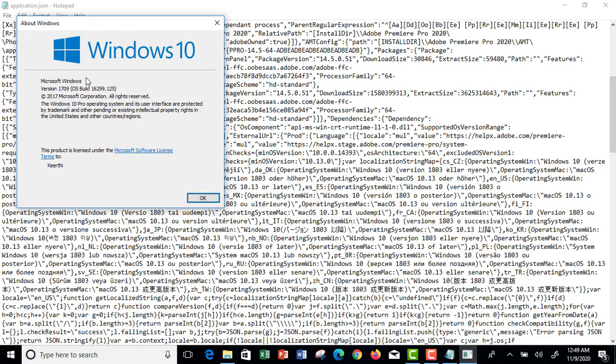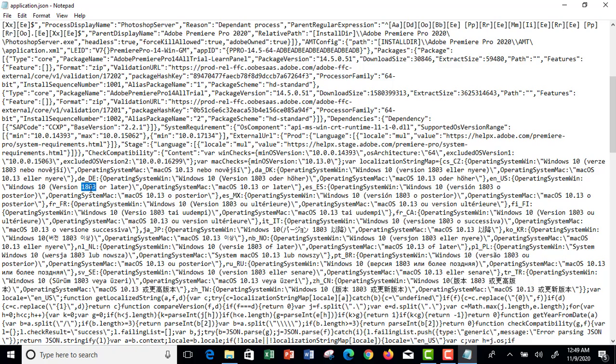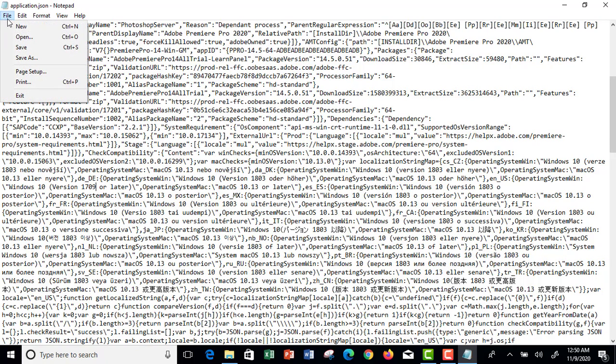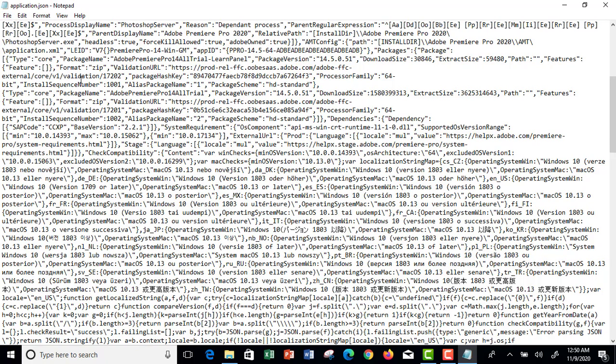So this is my Windows version. It is Windows 10, okay, fine. This version is 1709, and it has some OS builds. I'll come to that later, why it is needed. Initially I'm just taking the version 1709. So instead of version 1803, I'm typing 1709 and pressing Ctrl S to save, or go to File and click Save, to save this file, and then